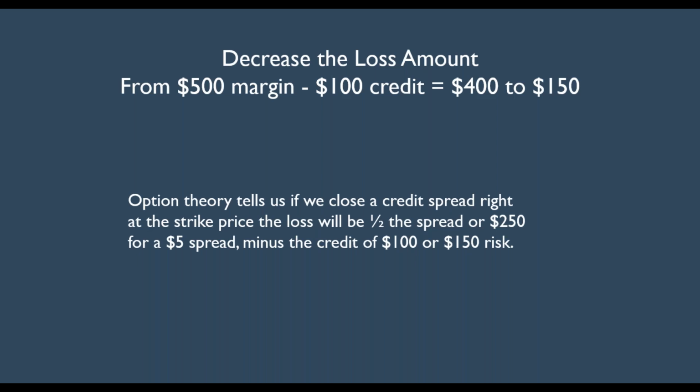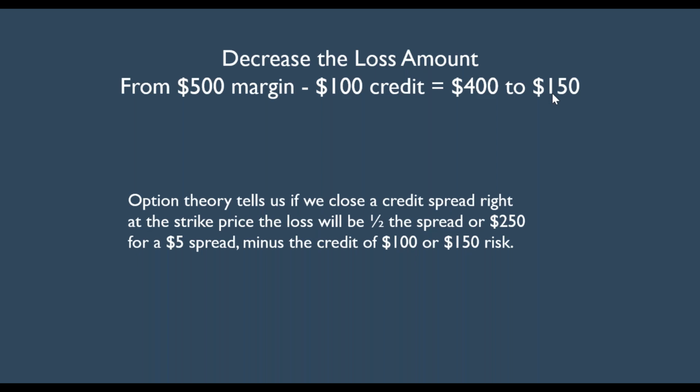Minus if you have a dollar credit or $100 credit, you're at risk for $400. Well, if I'm going to take in 100 and I'm risking 400, I don't like that too much. So I wanted to get this down to about 150. So now I'm very close to a 1-to-1 risk return ratio, which is incredible, because credit spreads,